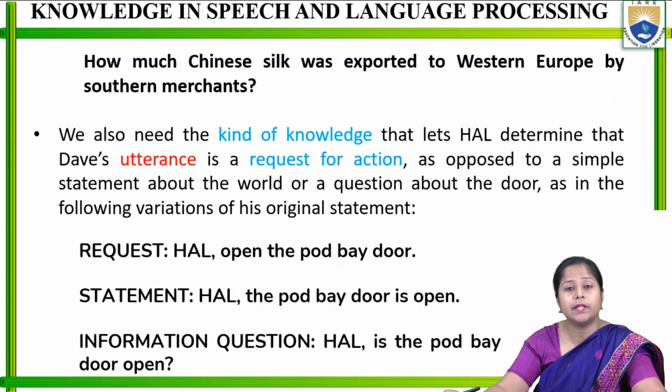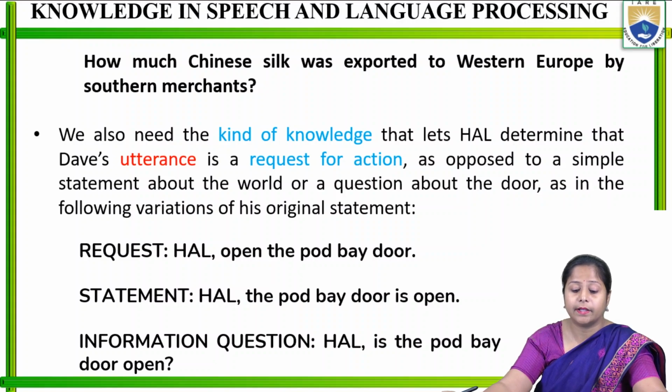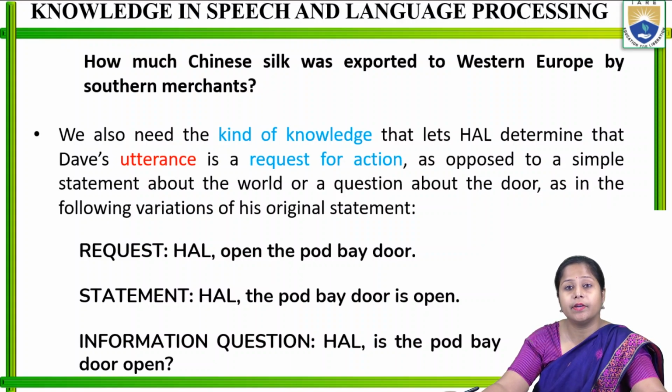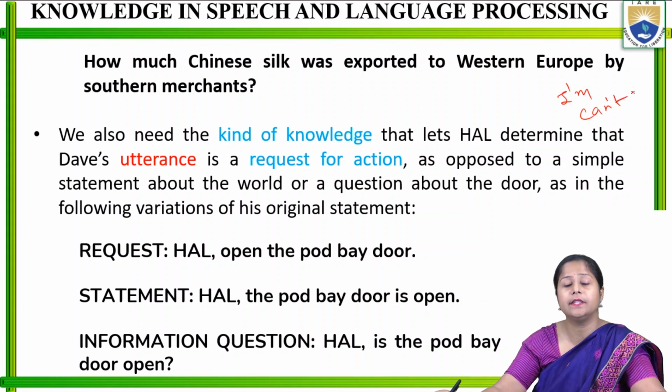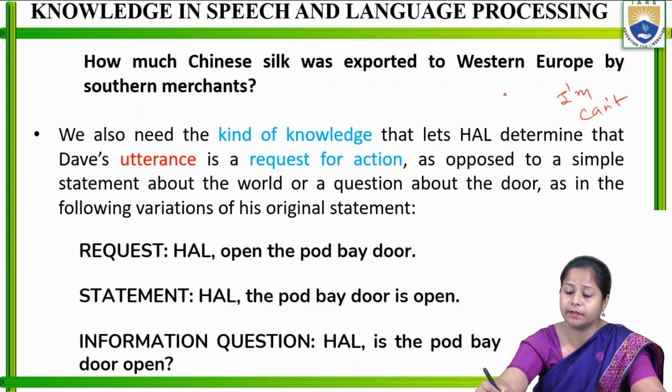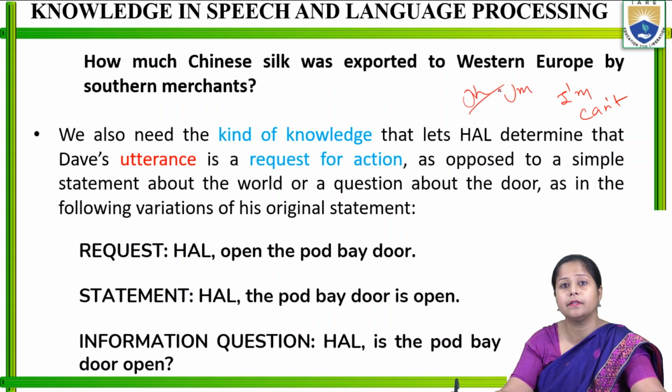Now we also need to know about the kind of knowledge that lets HAL determine about Dave's utterance. An utterance is nothing but a request for an action. Means the words we have seen, like "I am, cannot." These are called utterances. These kinds of words are nothing but the utterances made by some